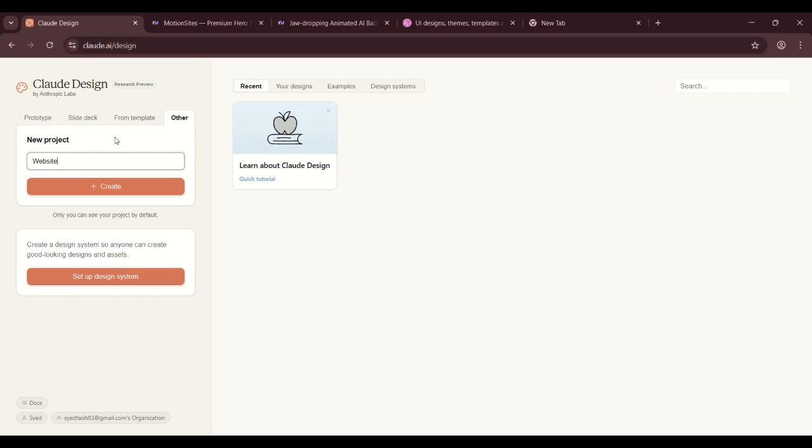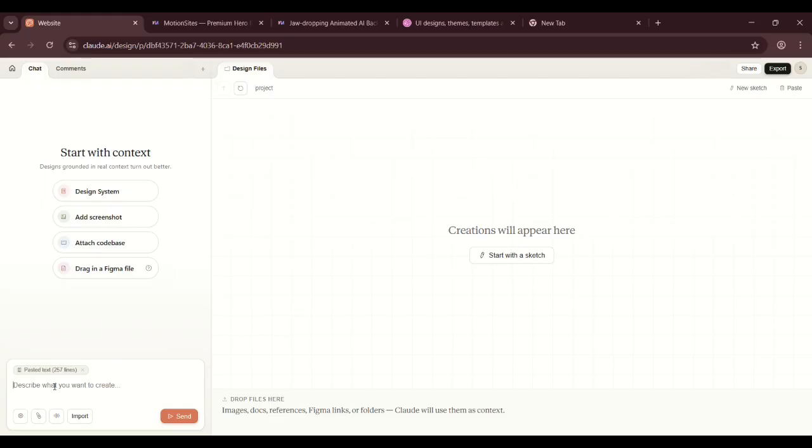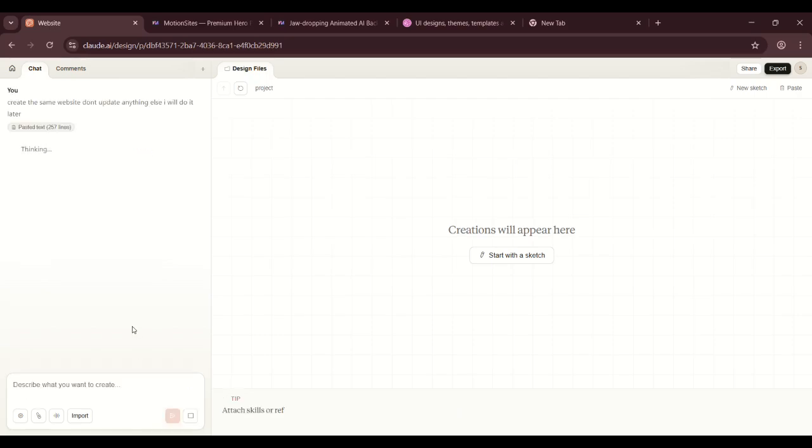Here you will click create a new project. So right now I'm creating a new project, and now it will show something like this where you just need to paste this, and then you will write something like create the same website. I'll do the rest later. So I'll just hit send, and while it's creating the design for me, I just want to show you